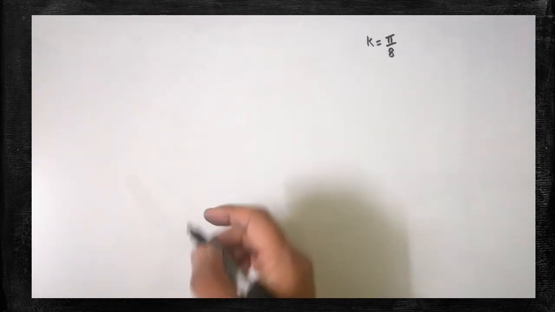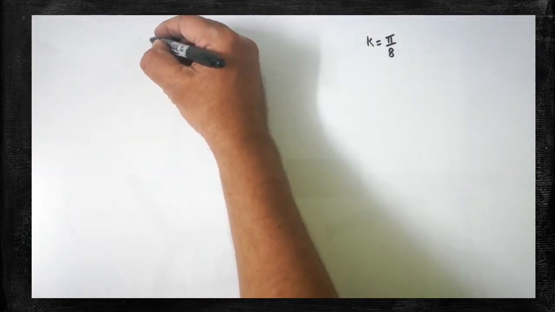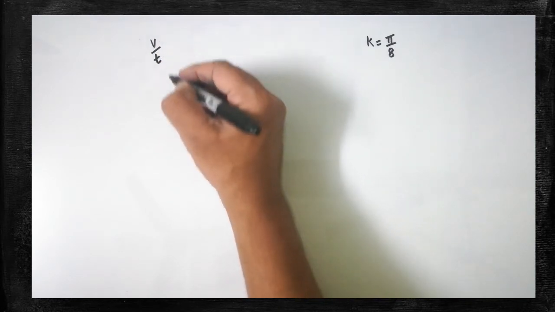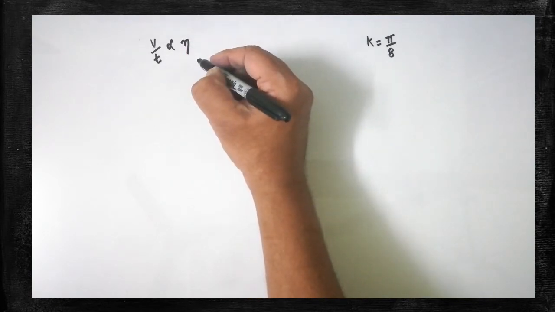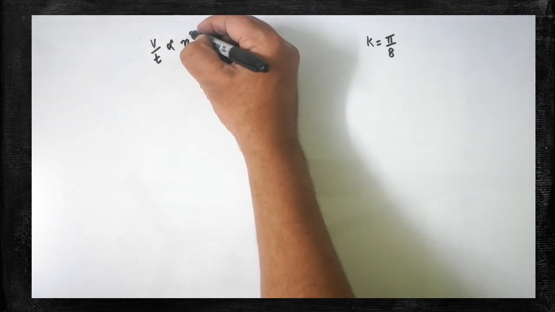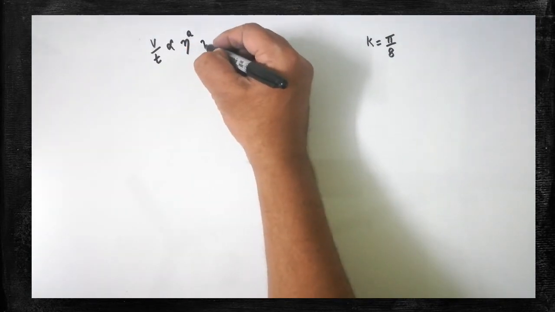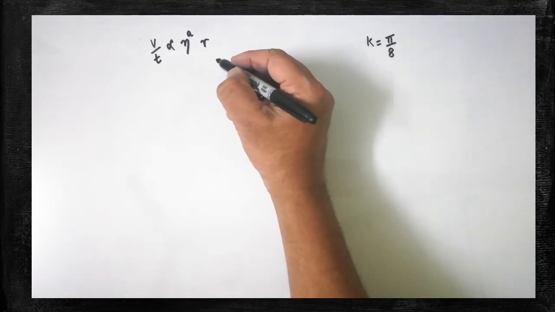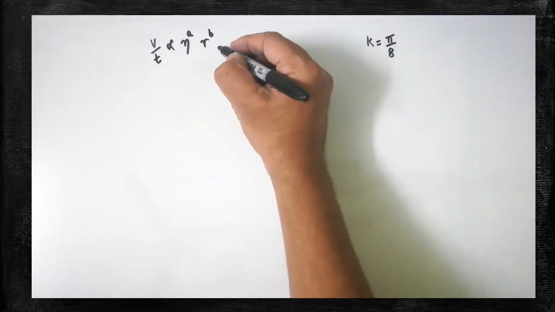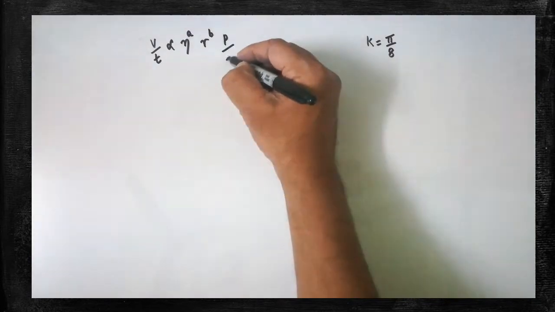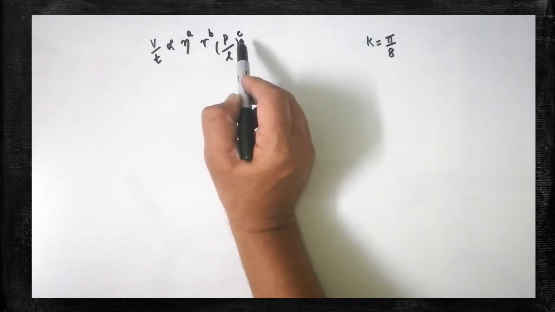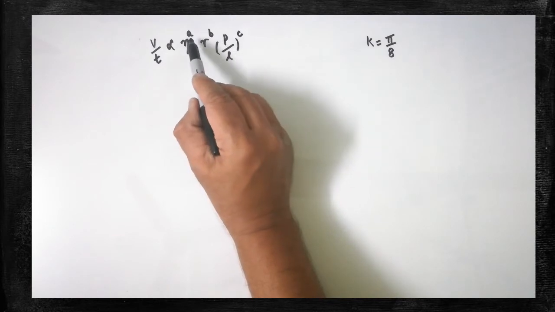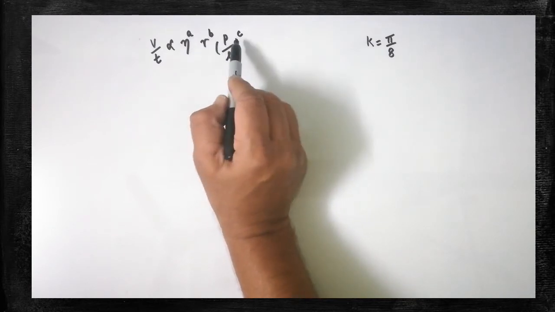Now we are going to derive the expression for Poiseuille's equation. As I have told earlier, again I would like to recall: V by T, volume of liquid flowing per second, is directly proportional to three factors. That is eta, coefficient of viscosity of the liquid, with power A. And then the next factor, R, radius of the capillary tube, its power can be written as B. And then the next factor, pressure gradient, P by L, here the power could be written as C. Here A, B, C, these three are dimensionless constants. Our next step is to find out the value of A, B, C.